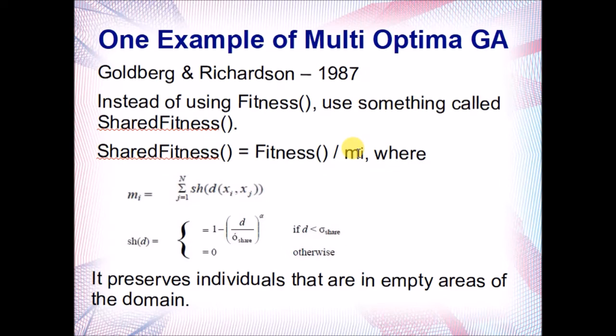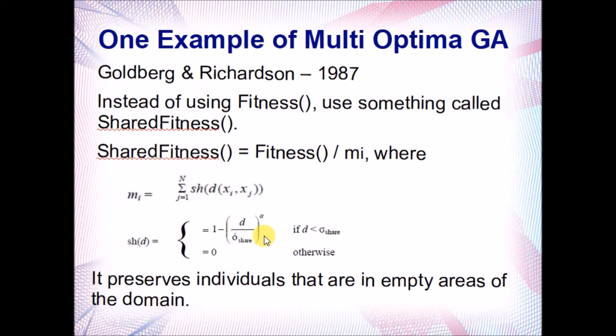And if we think of the individual we're evaluating as x sub i, then m sub i is this equation here. You basically take the individual you want to find the shared fitness for, which is x sub i, and you evaluate its distance to every other individual in the population. That's why the sum is here from j=1 to N. And you take that distance and you put it into this function sh. And sh is defined here. And if you run a few values through it, you will realize that